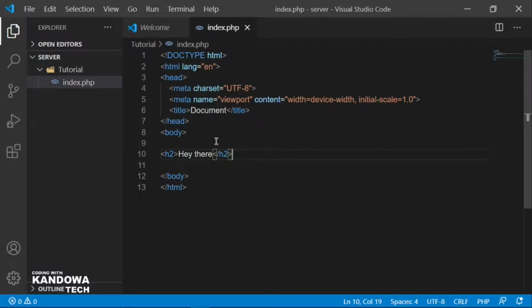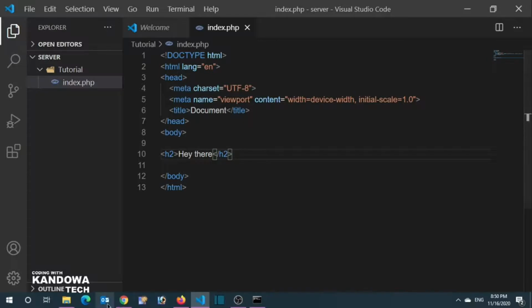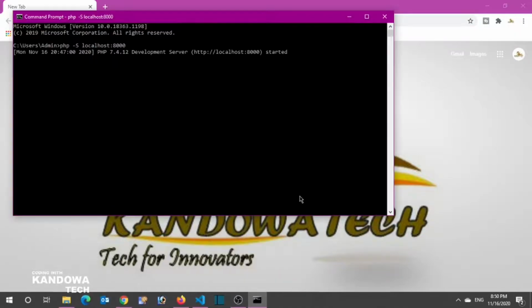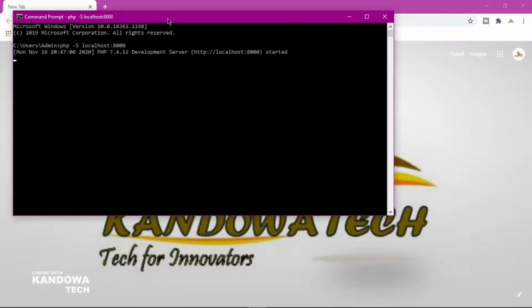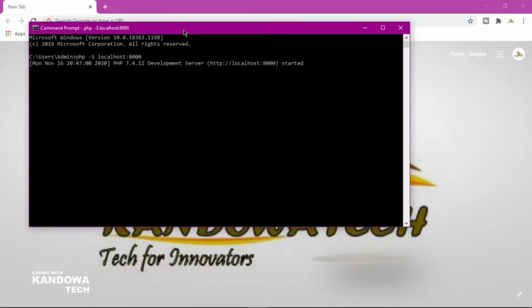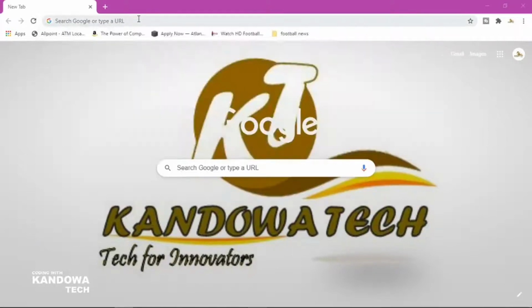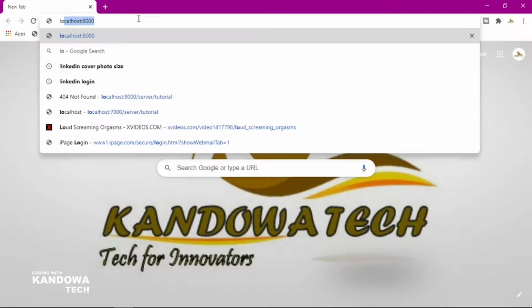Right. So now you want to run this PHP file. For you to run it, you have to come into your browser. I'm using Google Chrome. So come into your browser, and you see you created your PHP. I just hope you didn't close it. So you created your PHP there, you got your localhost. Now you have to give it access, and for you to open this server, for you to run it, you have to access it through this localhost. So come into your browser and type in localhost